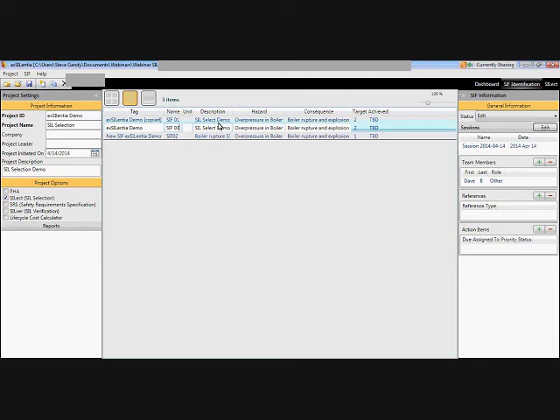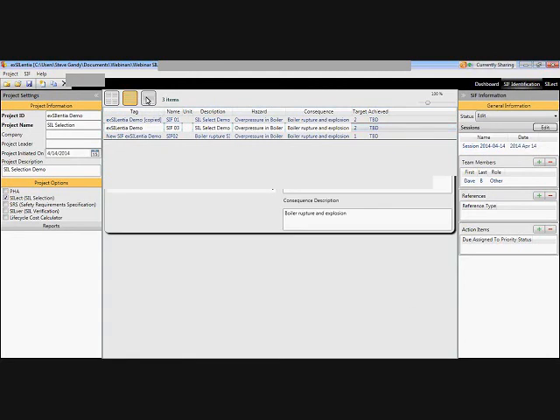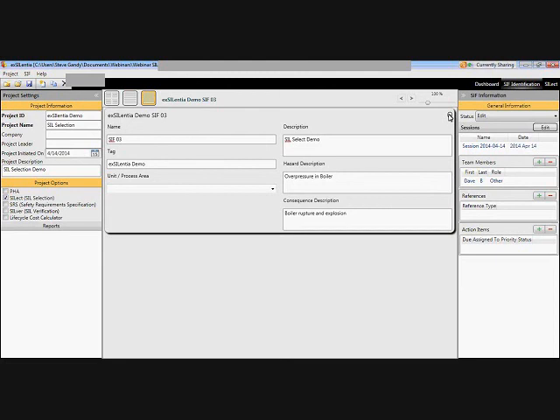And we have the SIL Select demo, overpressure in the boiler, boiler rupture and explosion. And the target is set for 2 for this one, set for 2 for this one, and set for 1 for this one. Now, as we go through, it's very important to make sure that you've done some calibration on